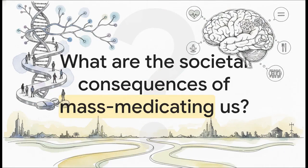So, as we wrap up this explainer, I want to leave you with that exact thought. We have to ask ourselves, how is society going to adapt when millions upon millions of people are taking medications that fundamentally change how they desire, how they crave, and how they experience pleasure? I mean, it is a medical breakthrough for sure, but it's also a